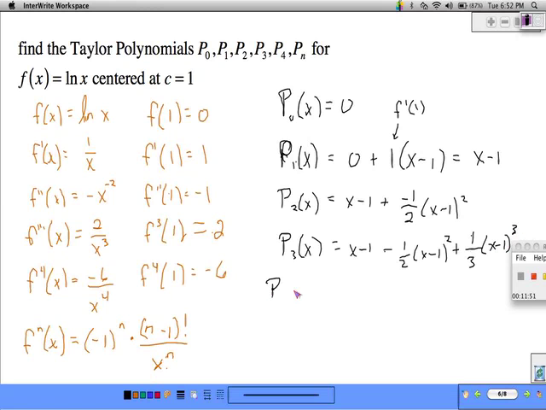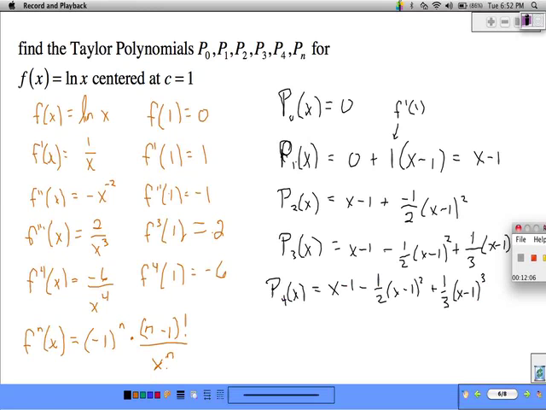My 4th degree Taylor polynomial, x minus 1 minus 1/2 times x minus 1 squared plus 1/3 times x minus 1 cubed, and then minus 6 over 4 factorial, 6 over 24, which is 1/4,